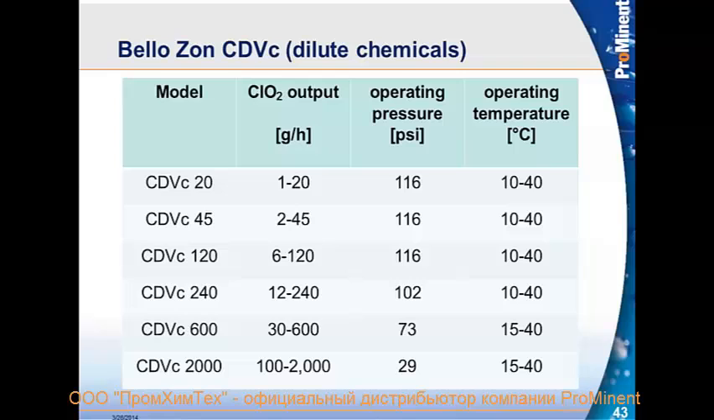This particular unit, which uses dilute chemicals, and we'll talk in a bit here about the dilute chemicals, we can go from our smallest unit, which is 20 grams per hour, up to 2,000 grams per hour. And also please note the pressure here. As the units get larger, the amount of operating pressure that we have to go against is decreased. So if you have a higher operating pressure than 29, maybe that larger unit isn't what you need